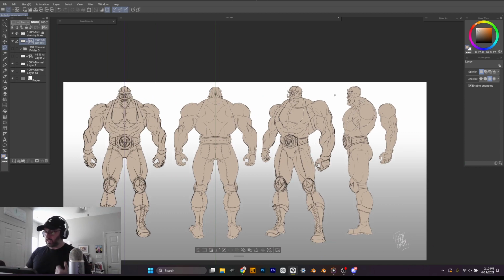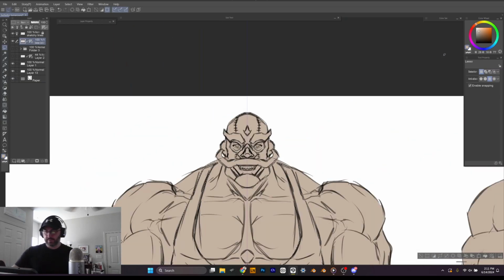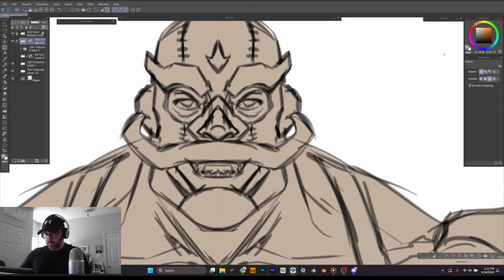I'm going to say it's probably the bodysuit, and now I can hit Control U, bring this up, and look at my colors on my next part in real time. I can see, do I need to saturate it a little more? Oh god, it's a bit much, but I kind of like it. I can get a look at these major colors and see if I missed anywhere, and I missed his mouth. It's purple, so this is the active one. Right. Yeah, I like this. And now I can just...